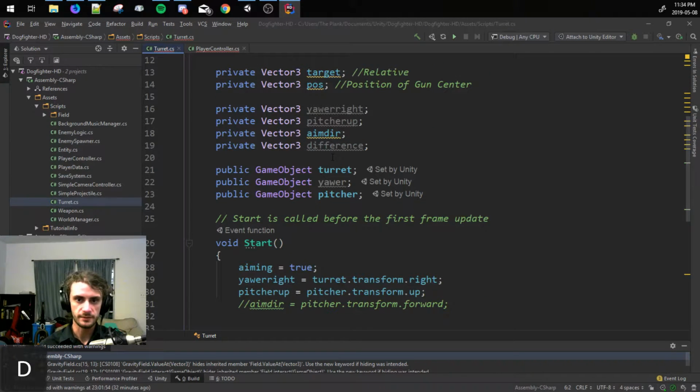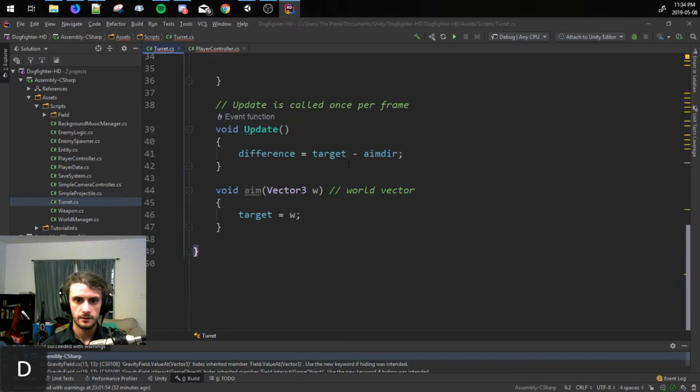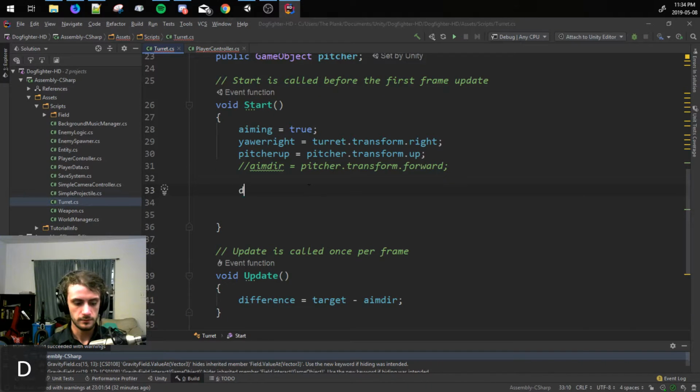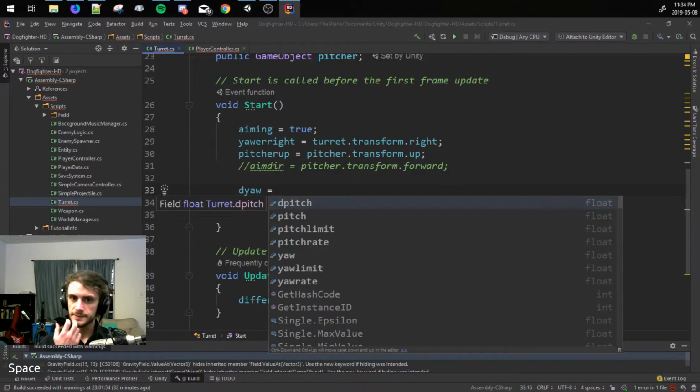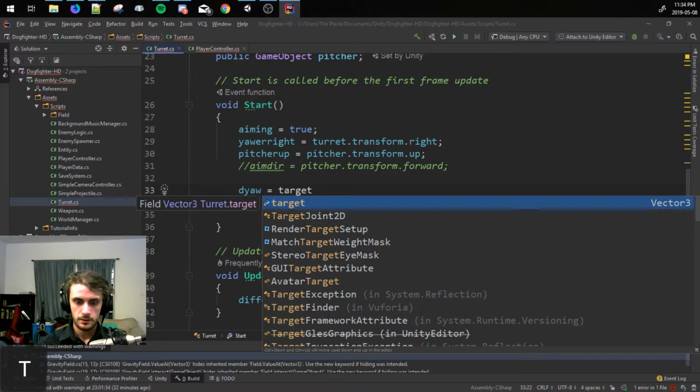That's going to be the difference that we need to make up. So d yaw is going to be equal to, what did I say? They're going to be unit vectors, so I can just do the dot product of target